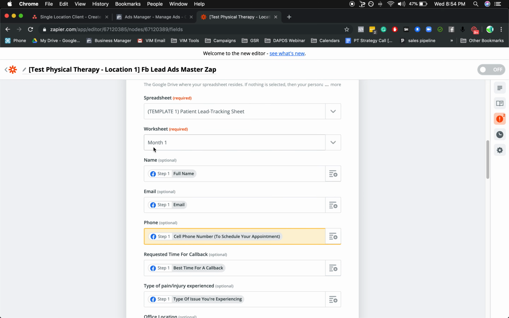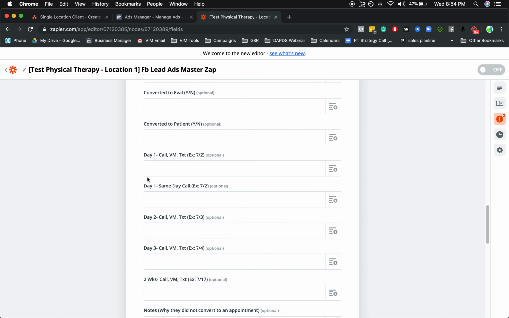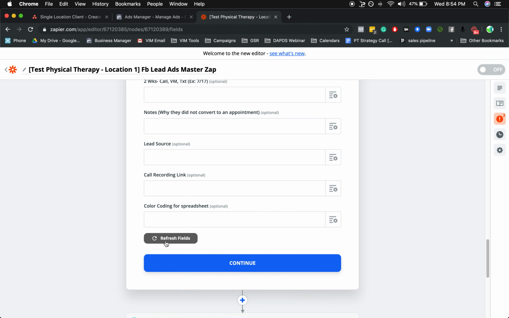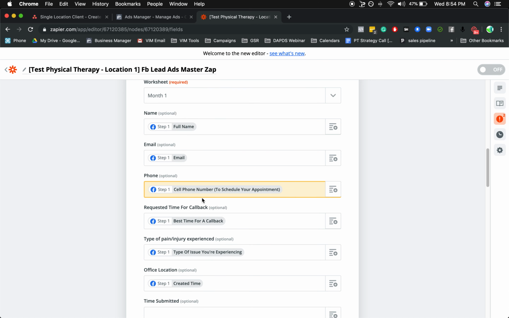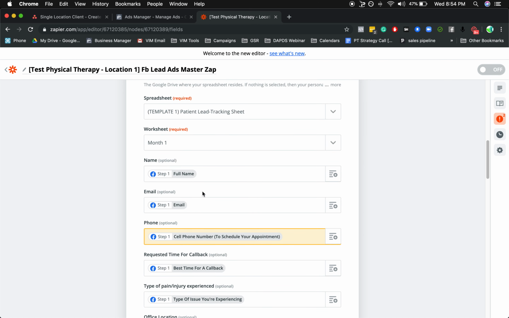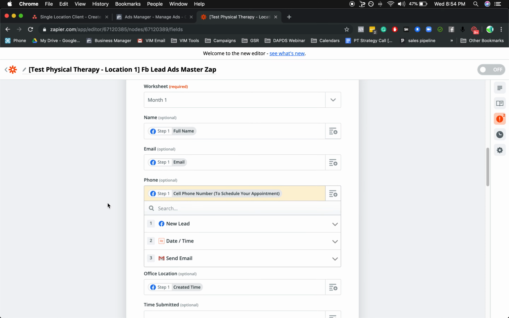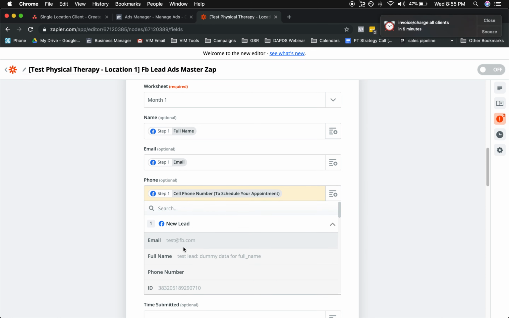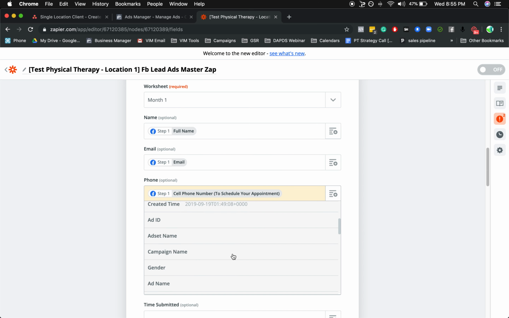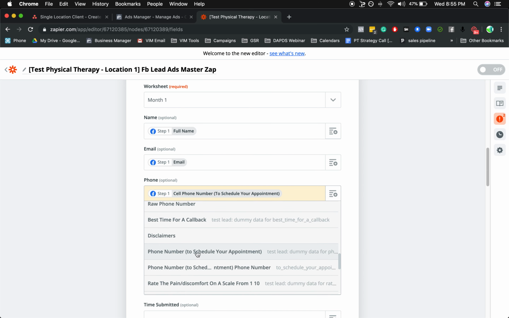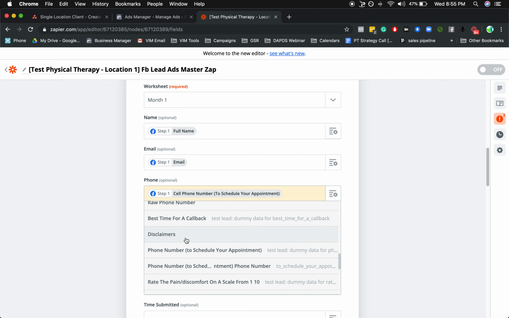Okay, and now that you have month 1 chosen, you can scroll to the bottom, click refresh fields, and now you can scroll back up and continue editing the sheet. Okay, so you'll leave the name box the same, just full name. Email is just email. Under phone number, you're going to want to choose the box here and then go to new lead. And then again, you're going to want to go down to the option here that says,